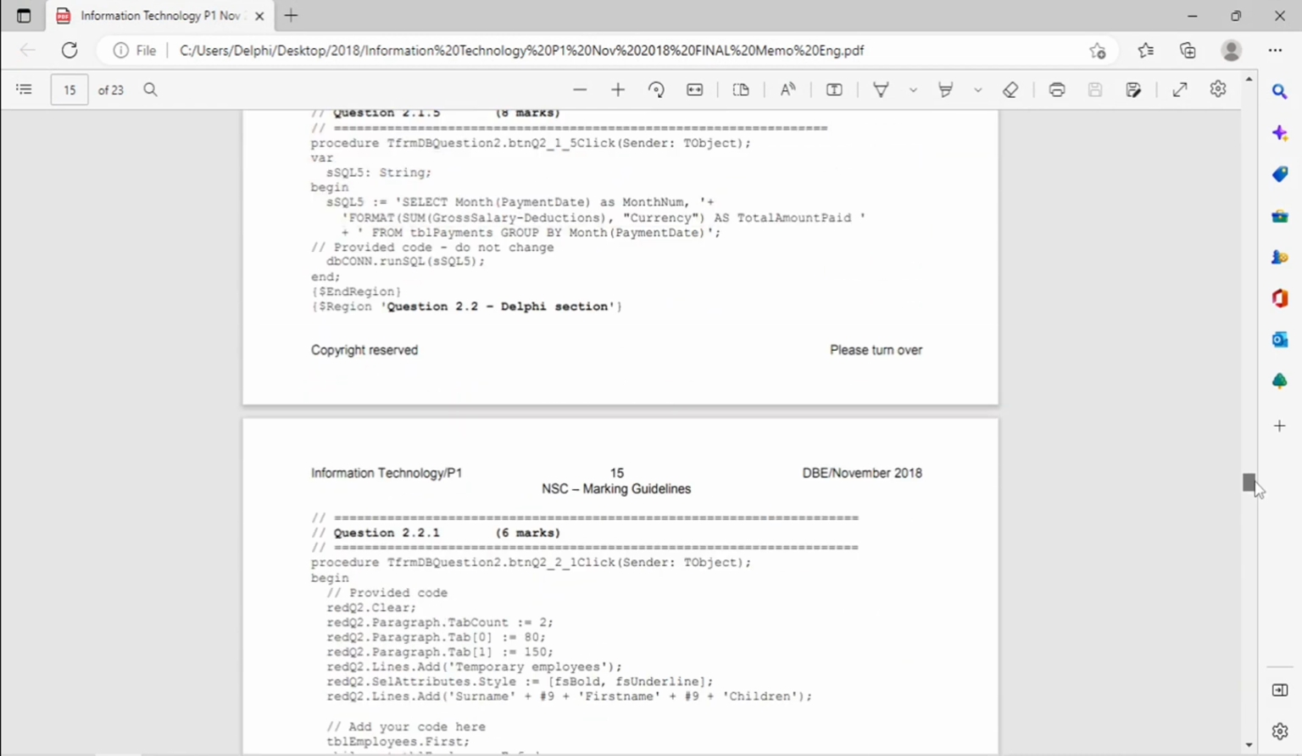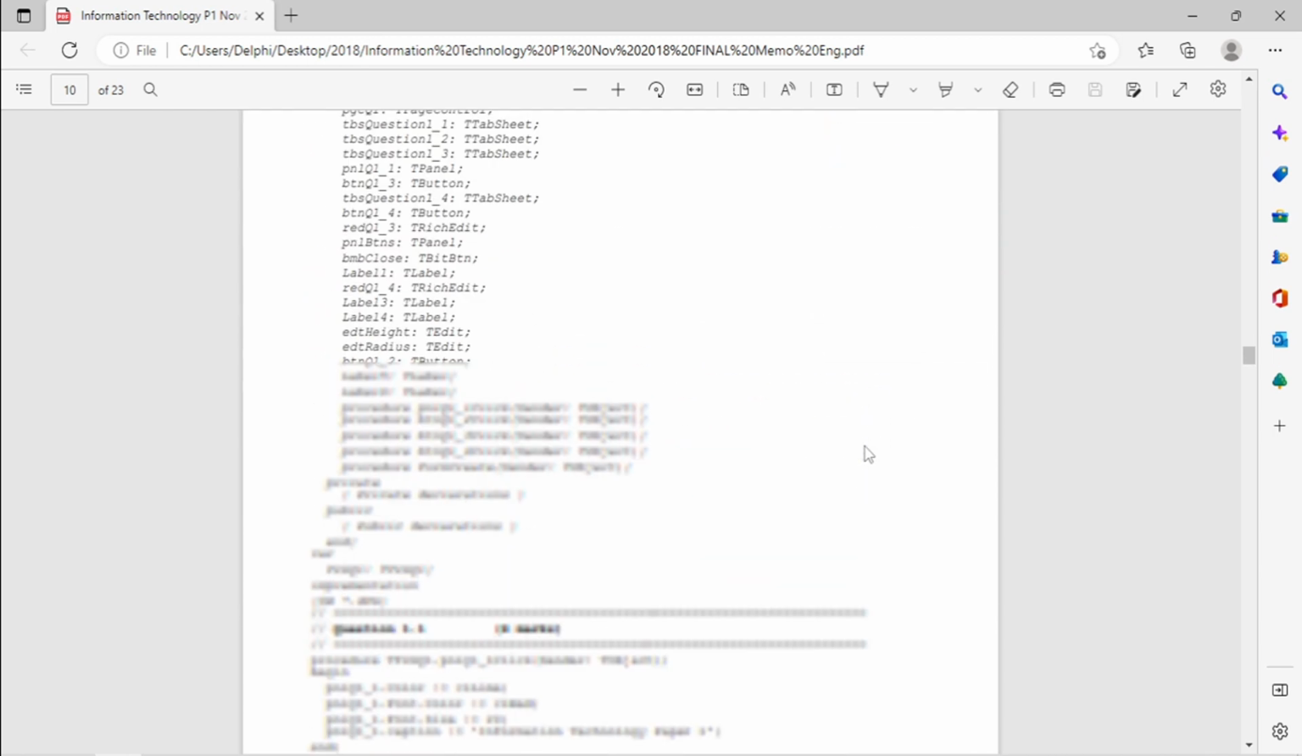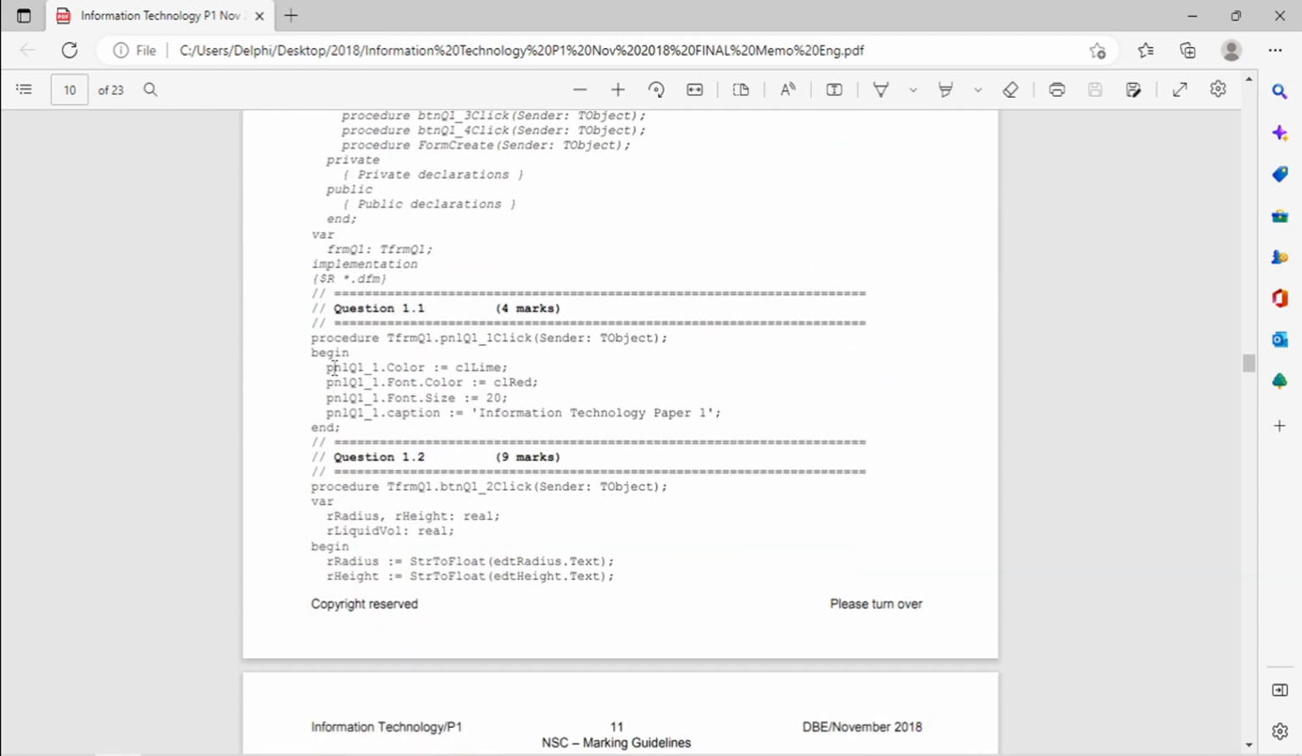of a question paper. Question 1. Okay, so the example over here, panel 1 dot color is equals to CL lime. CL lime is a constant, so you don't need to put that CL lime in double quotation marks. Same with CL red, it's a constant, so you don't need to put it in single quotation or double quotation